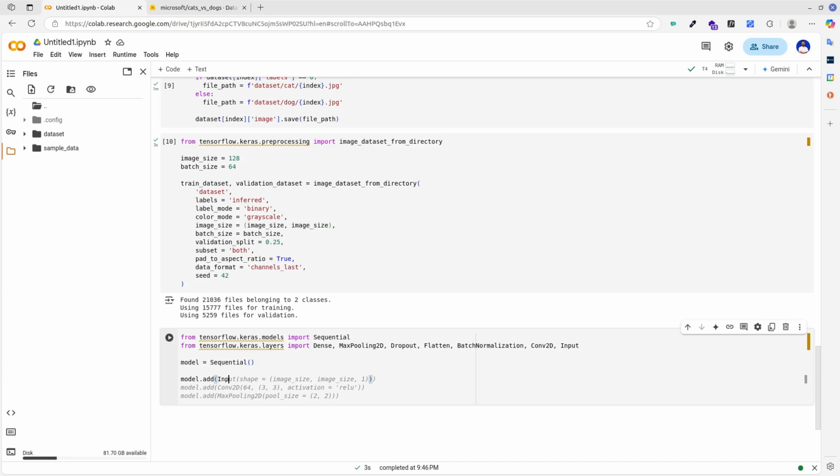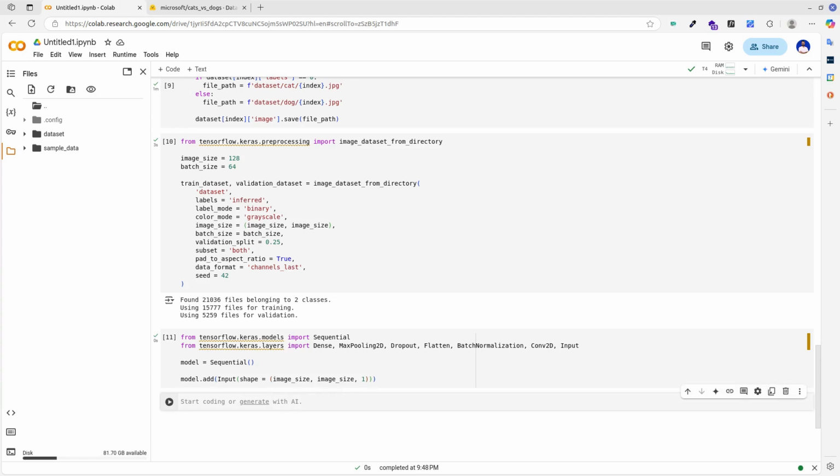The first layer of our model is the input layer. In this layer, we need to define the format that it will accept, which in this case is the image width and height, as well as the number of channels. Since we are using grayscale images, we'll set the number of channels to 1. However, if you have a scenario where you use colored images, set it to 3. Now that we have the input layer defined, let's add some convolutional blocks to our model.